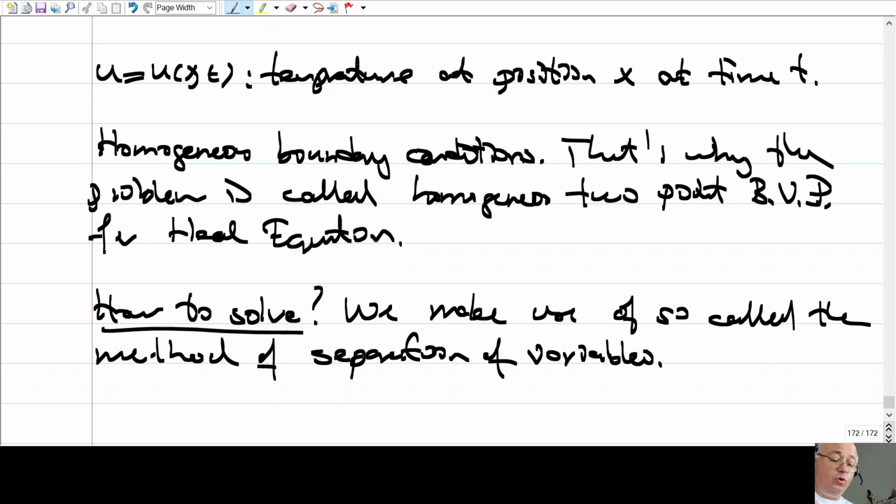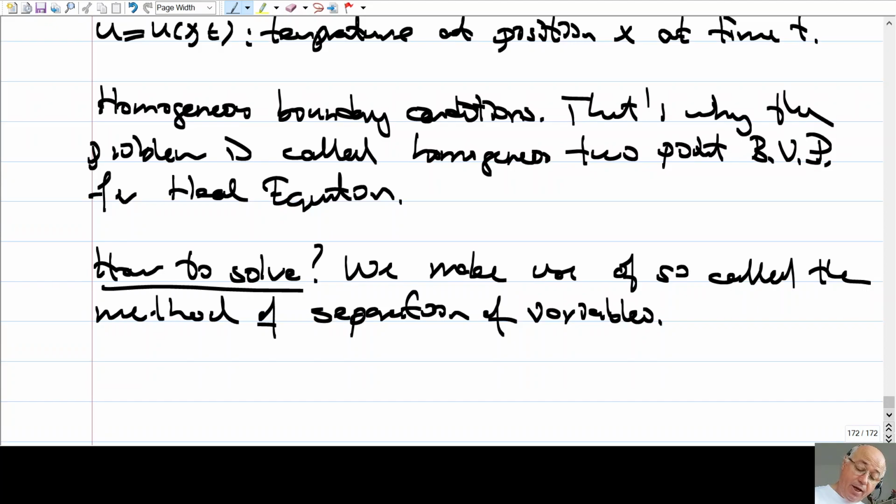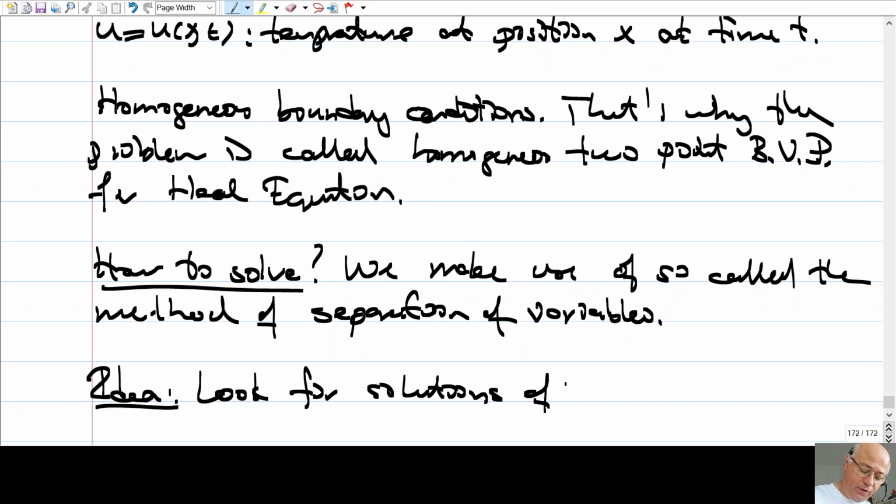It can be used for many other partial differential equations. For example, for the wave equation, we will use the same method. For the Laplace equation and for more general equations, it can be used. And the idea is this. What's the idea? Look for solutions of the form